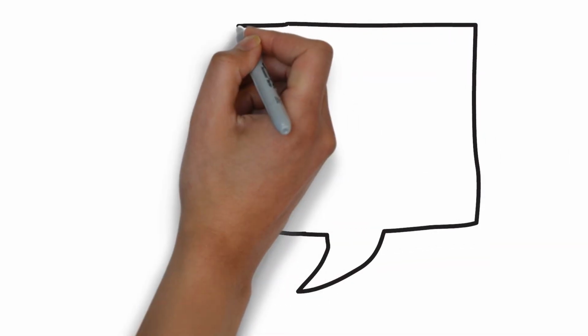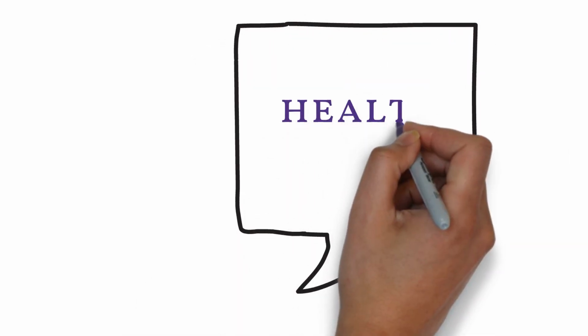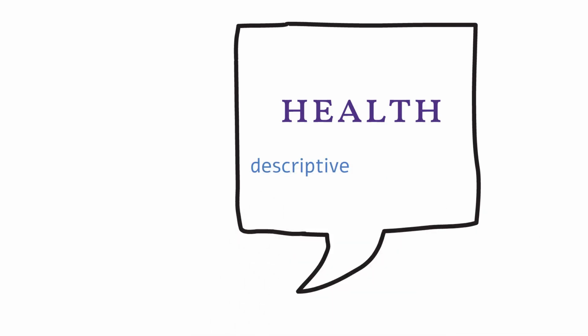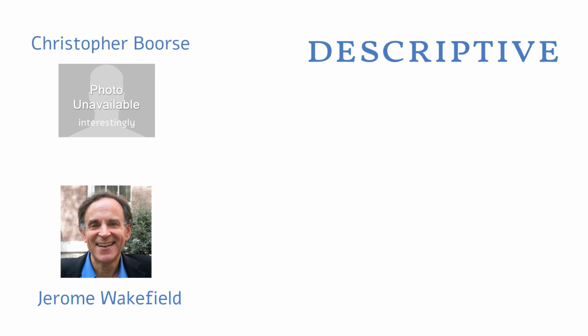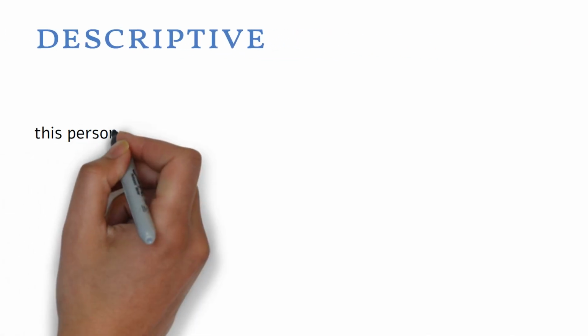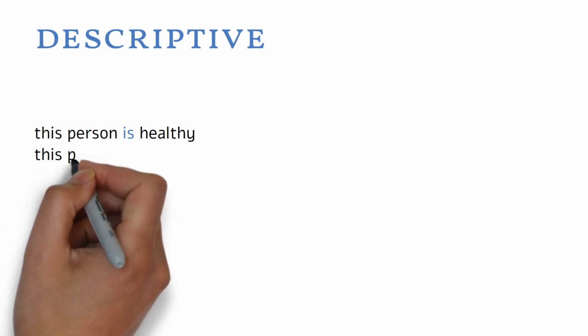Today, we're going to talk about two strands of how we conceptualize health, descriptive and normative. We'll start by tracking down the descriptive side of how we think of health. This is the side associated with Boorse and Wakefield. To see health as descriptive means that when we say, this person is healthy and this person is ill, we're